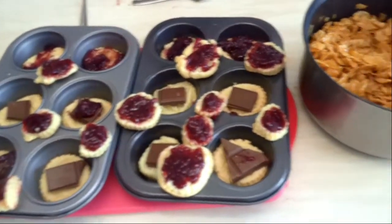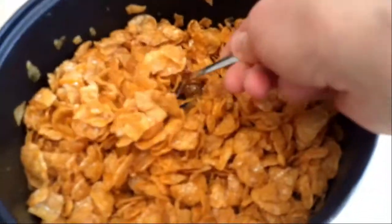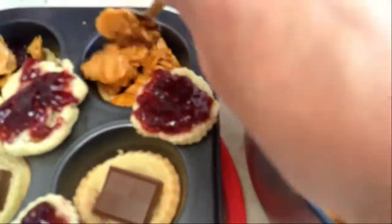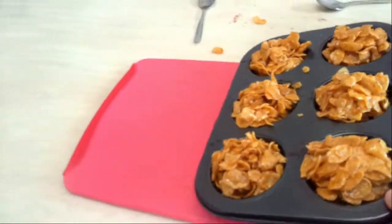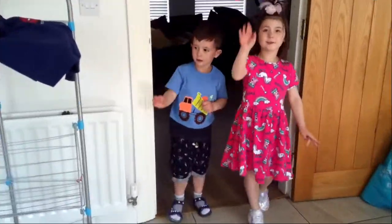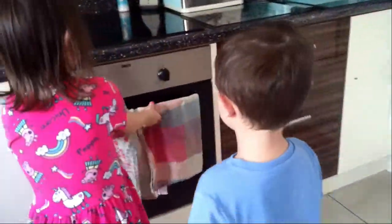Now we are ready to put on the cornflakes. Let's lift them. So they're ready to go in the oven again. The buns are ready. Let's go get